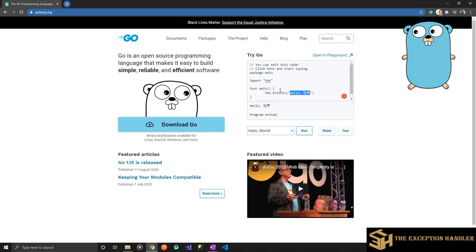Let's see if we can try some functions and test something of our own. Here I am trying to create a variable by the name welcome note, and I'll try to print that variable's value also in the console.